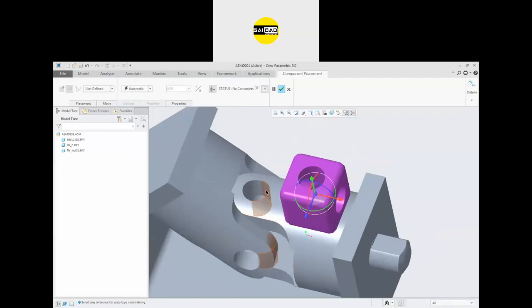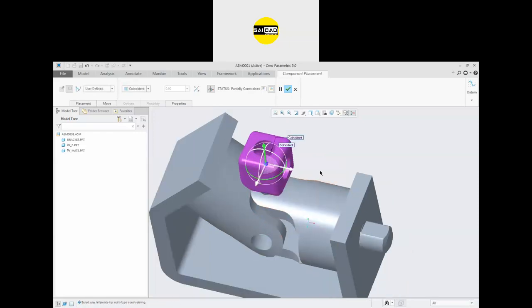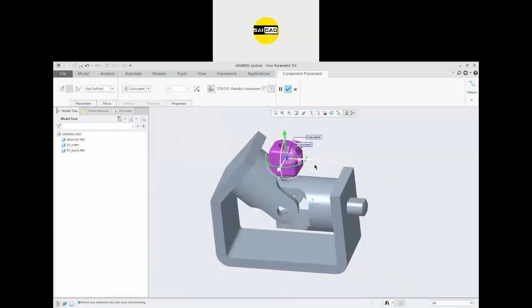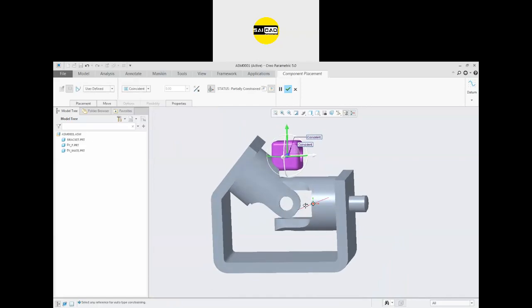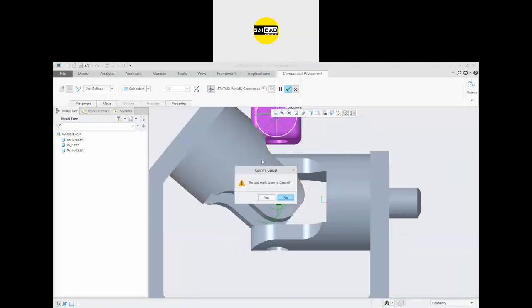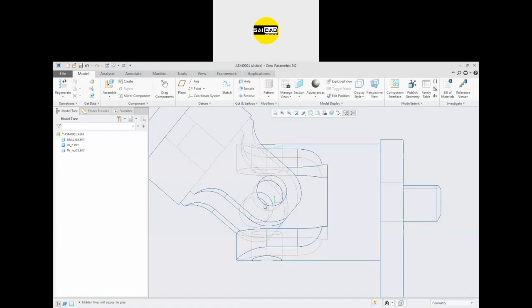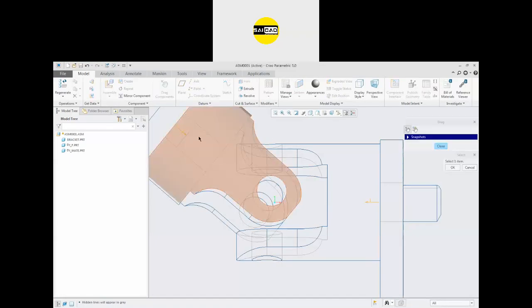So now we have to specify that this object will be aligned to this one and this hole will be aligned to this one. So how can you align them? If you just simply select these two like that and these two like that, you will not be able to define the relation because both the objects are not aligned. If you check the view and see the object in the wireframe, you will see both the objects have some different alignment.